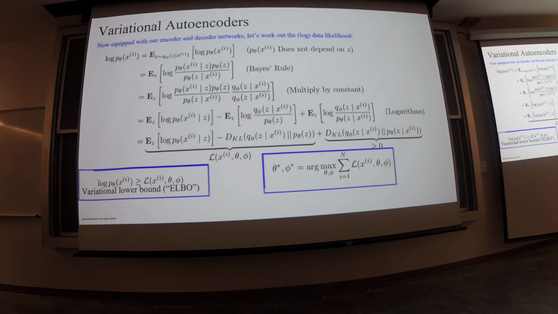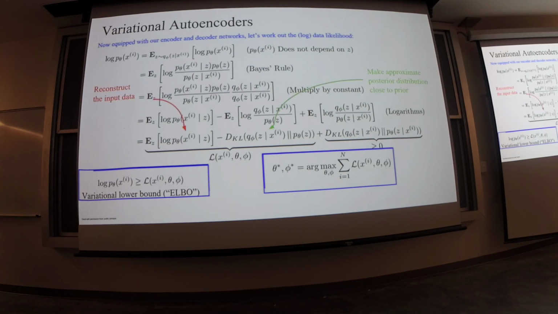Any questions? So what we do is what I've been talking about for an hour. The first term we enforce using the reconstruction loss of the autoencoders. We maximize the probability of the data given Z simply with this L2 distance between the reconstruction and the original data. While the KL divergence between Q and P,